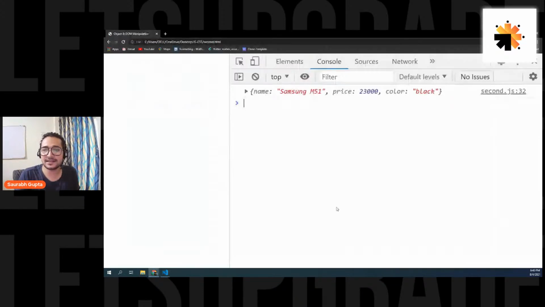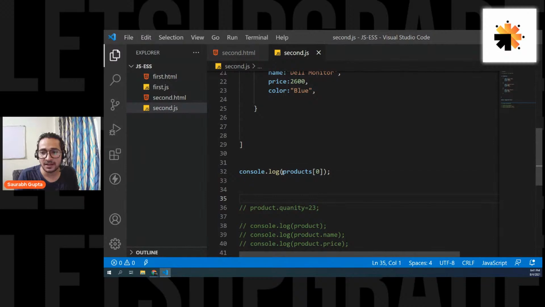Now, if this thing is giving me the object, that means this thing itself is an object. Like if I want, I can store it somewhere, or I can directly use this as an object, because this thing is giving me the object. And then I can simply write let products equals, yeah, why not? That will also work, not a problem. But that's just an extra line of code, Shankar Shinde. You don't need that actually.